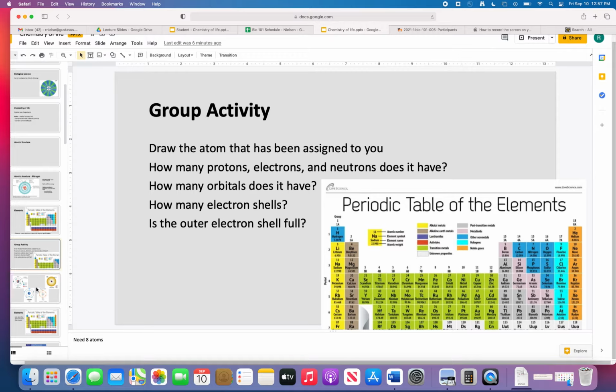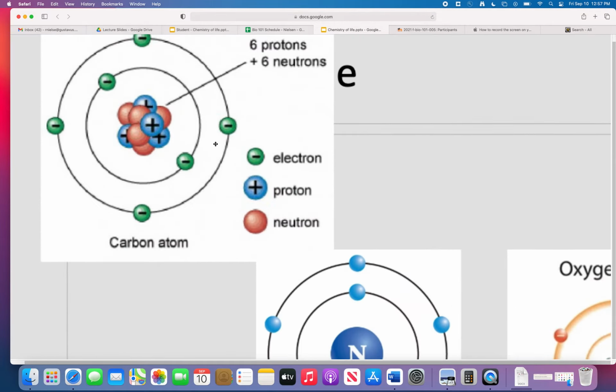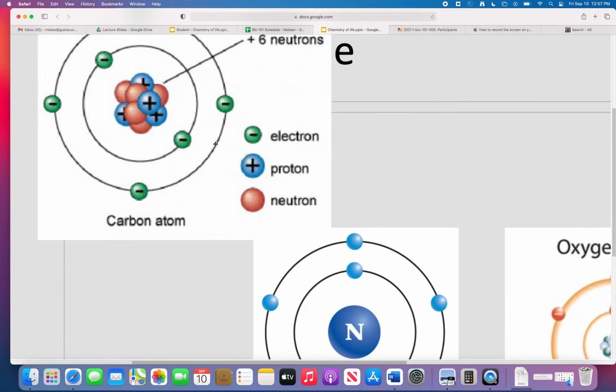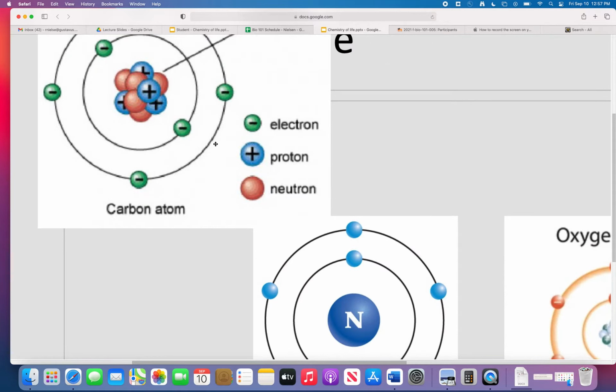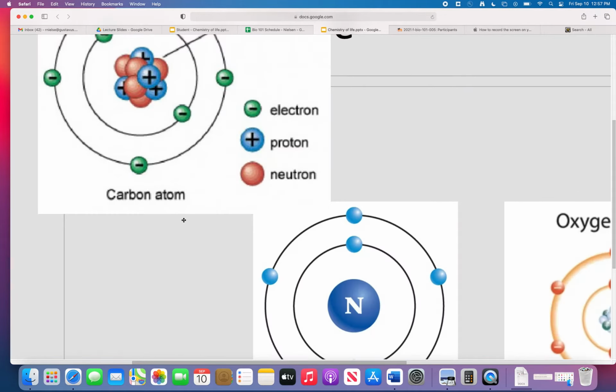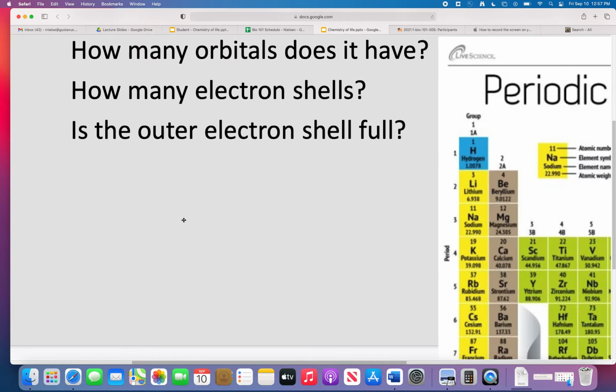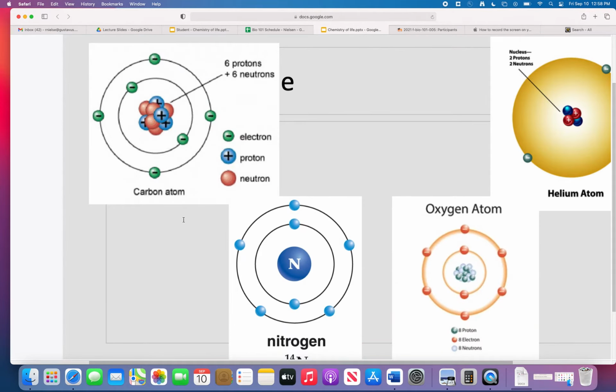All right, let's go over orbitals here. So I'm going to zoom in on the carbon, except I'm struggling to work my PowerPoint. I'm not used to Google Slides. Carbon is at the very top. I can't get it any better than what it is. Wish I could. There, that's a little bit better. So carbon. 4 orbitals is what I heard somewhere. Someone said 6, 5. Carbon has 5 orbitals.